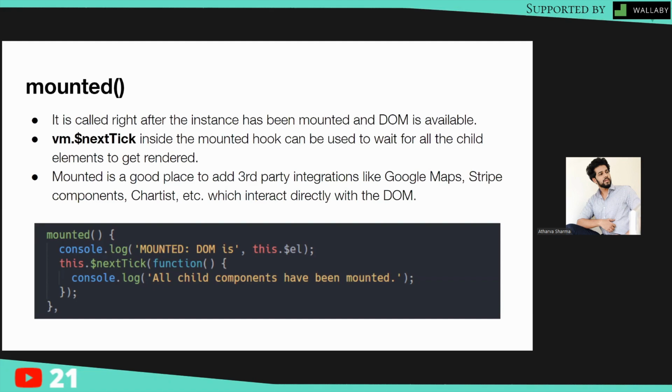So Vue provides us the $nextTick function which we can use inside the mounted hook, and we can wait till all the child components are rendered and then do our operations. The mounted hook is a good place to add any third-party integrations like Google Maps, Stripe components, Chartist, or any other third-party component which needs to directly interact with the DOM.